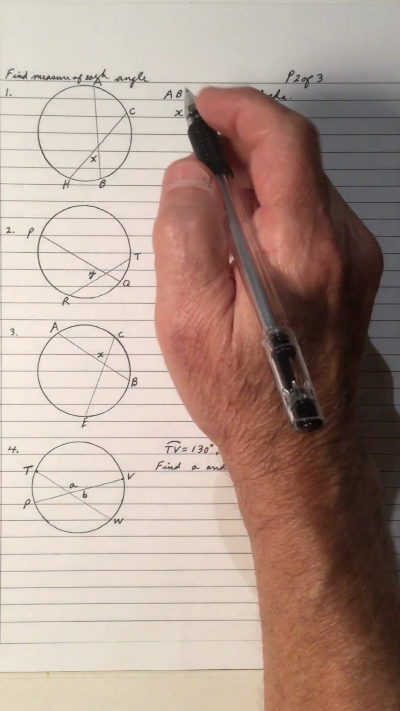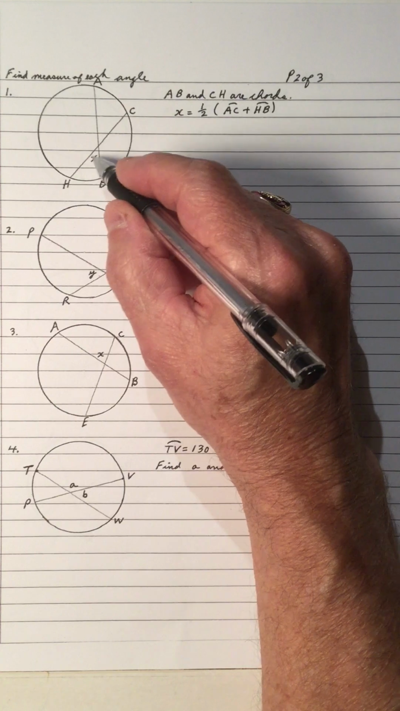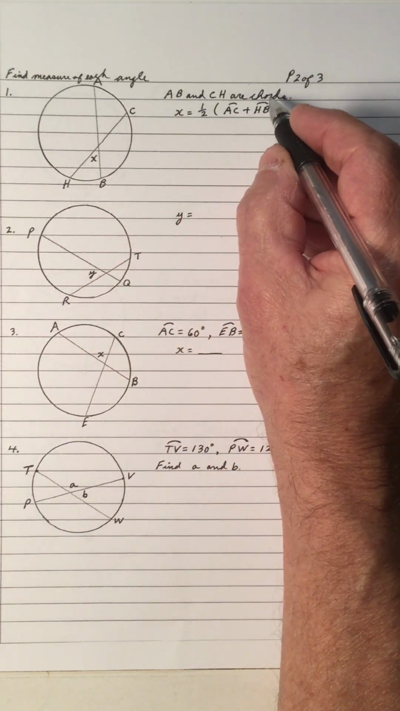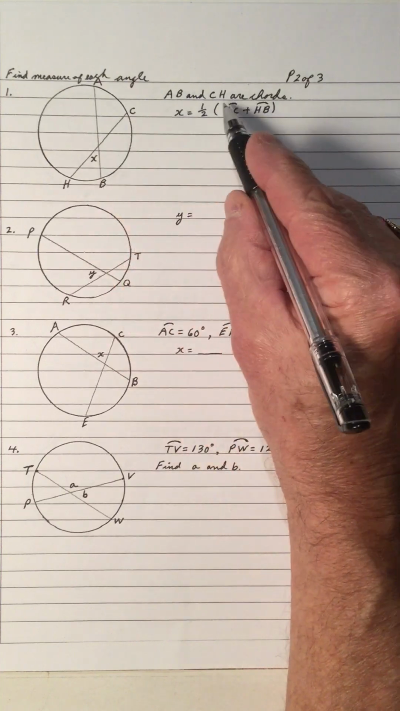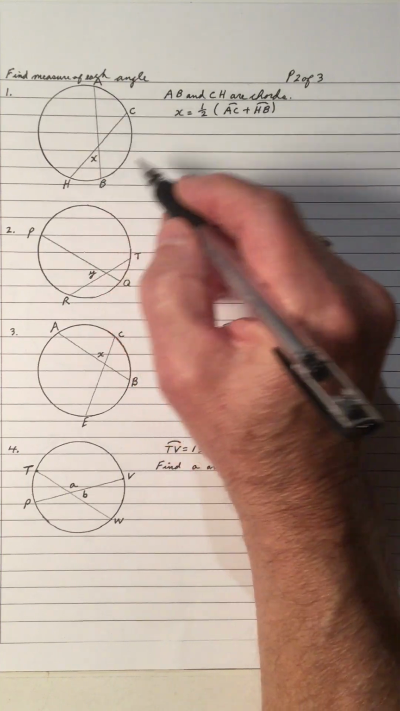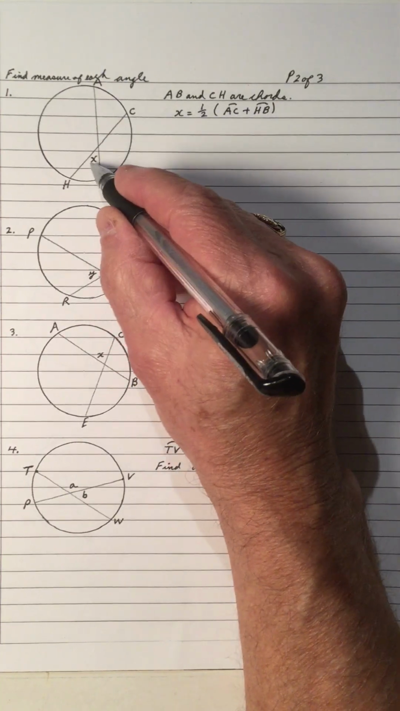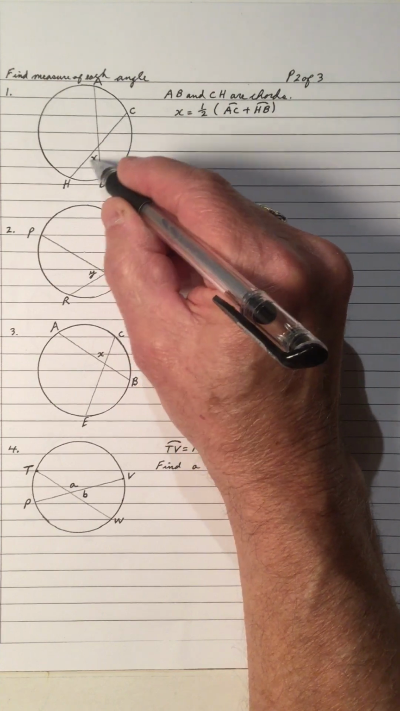Find the measure of each angle. The first one is no angles defined. It's just the property that I'm going to use. AB and CH are chords. And if you want to find the angle that the two chords